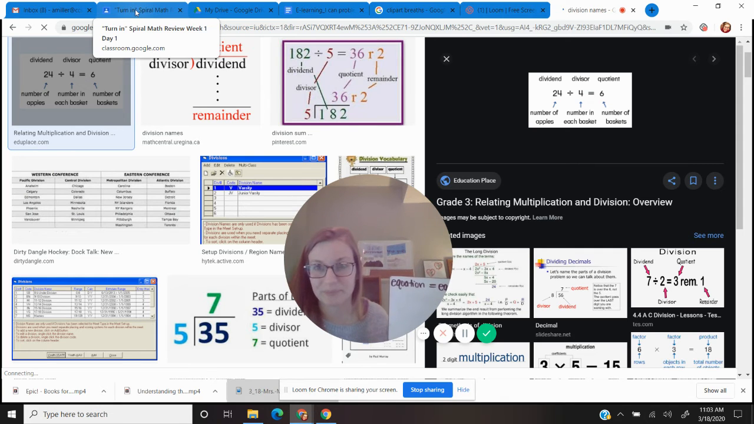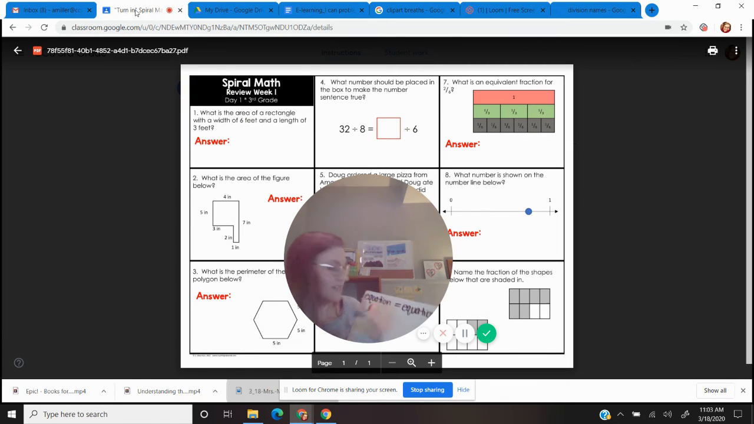the spiral math. Okay, so I have a dividend, D-I-V-I-D-E-N-D, divided by a divisor. Okay, my dividend, my divisor. So I'm just going to use an example, 21 divided by 3. 21 divided by 3 equals